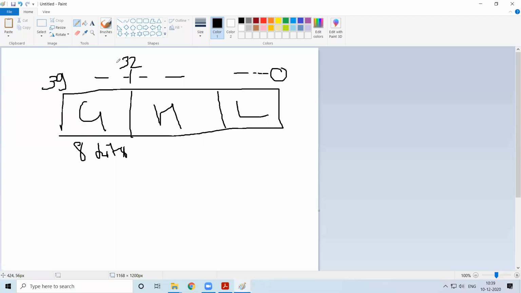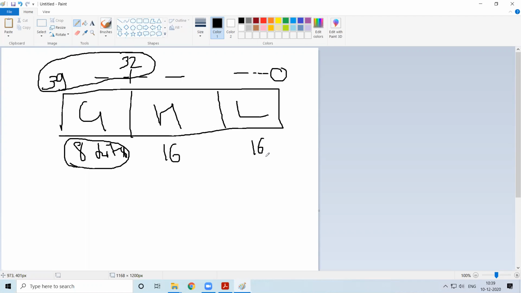So if I just count 32, 33, 34, 35, 36, 37, 38, 39. So from 32 to 39, that forms up to 8 bits. So 8 bits are provided as guard bits in the accumulator. And then what happens is, the remaining are how much? 40 minus 8 is 32. So what happens is 16 higher order bits and 16 lower order bits.